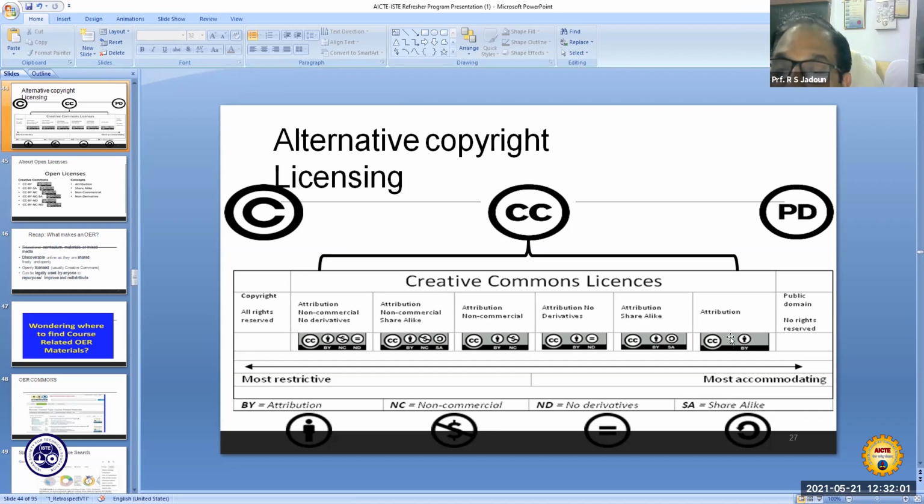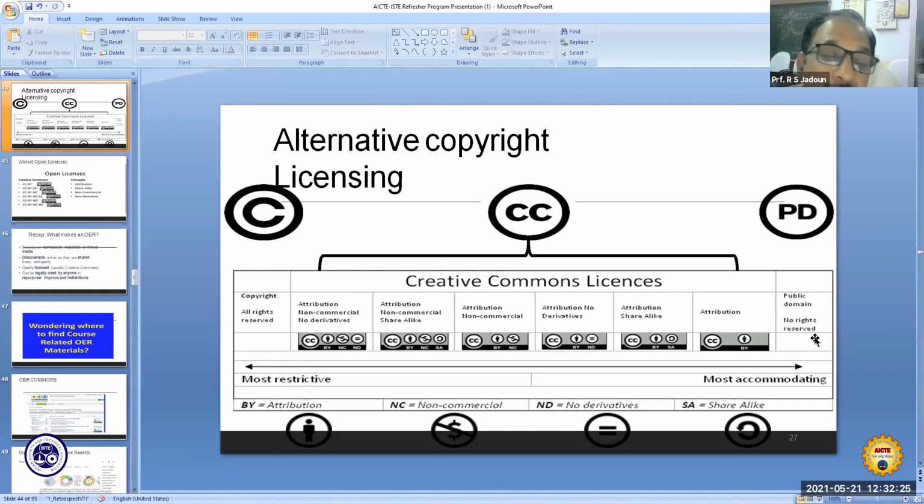You can have the commercial use, you can have the derivatives, you can do anything. Only restriction put here in the 6th license is that you have to acknowledge the creator. And then whatever is available in the public domain, there is no right reserved. Anything can be done for the content available in the public domain.